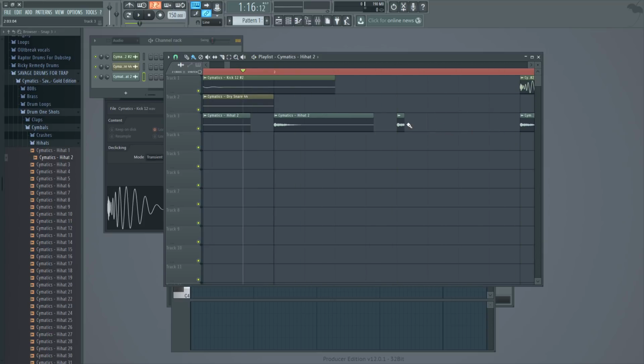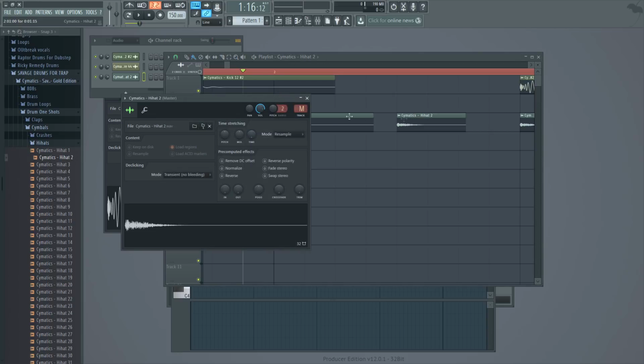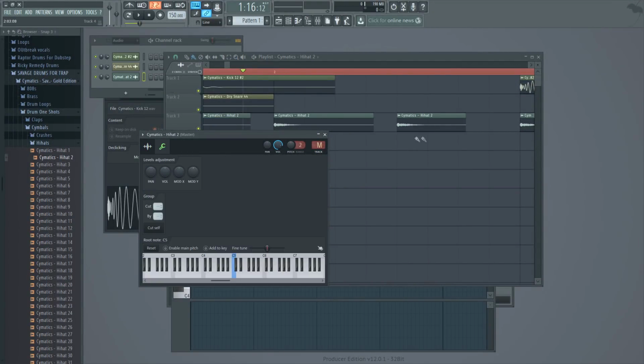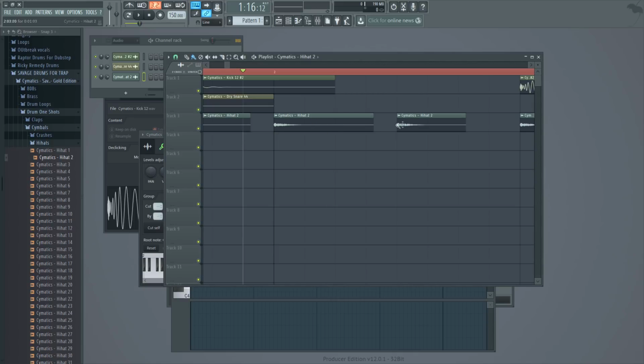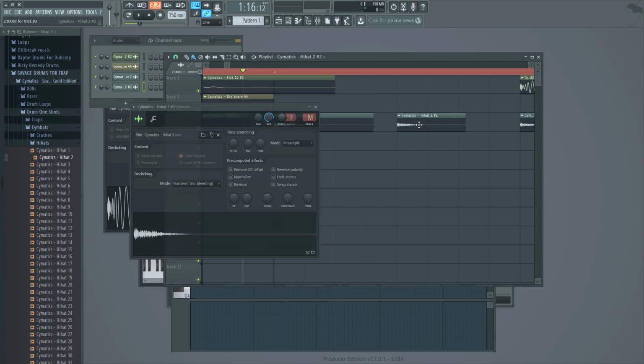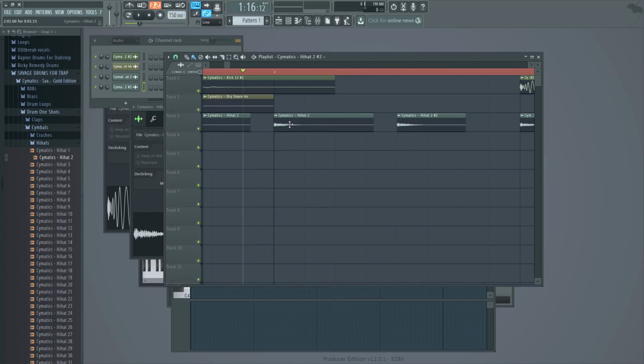What you can do, take this, and an important thing to note is that if you're changing one sample, it's going to change all of the other samples that are in the playlist because this and this are exactly the same. But let's say I just wanted to change this one hi-hat. Just go right here, left click, and then make unique. Now this is its own sample and I can do whatever I want to it and it won't affect the